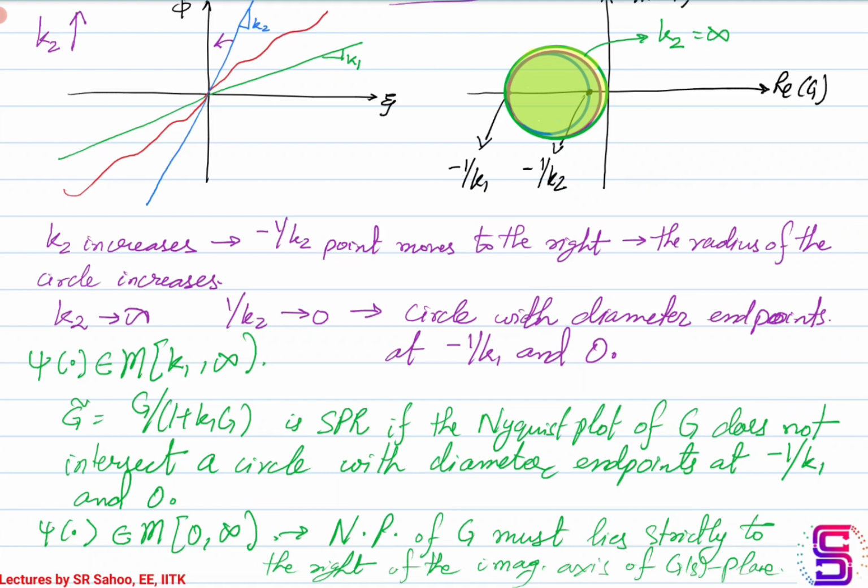Now, what if one of the slopes is negative or both the slopes are negative? Will these conditions still work? Or how does the circle criterion change in those cases? And will we see any change in the loop transformations for such cases, thus resulting in any change in the condition on G tilde, or the expression of G tilde that we get? Okay, so in the next lecture, we'll see what if one of the slopes is negative or both the slopes are negative.